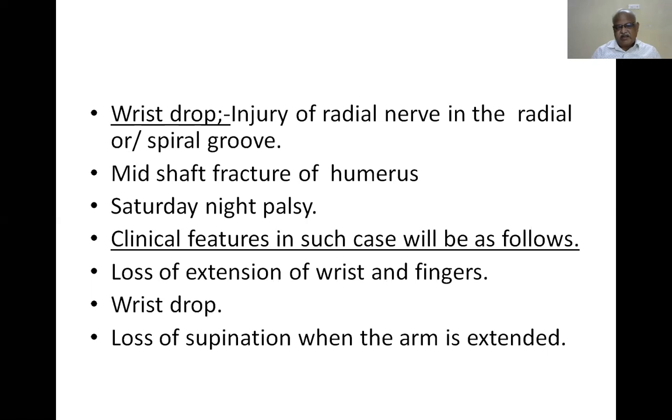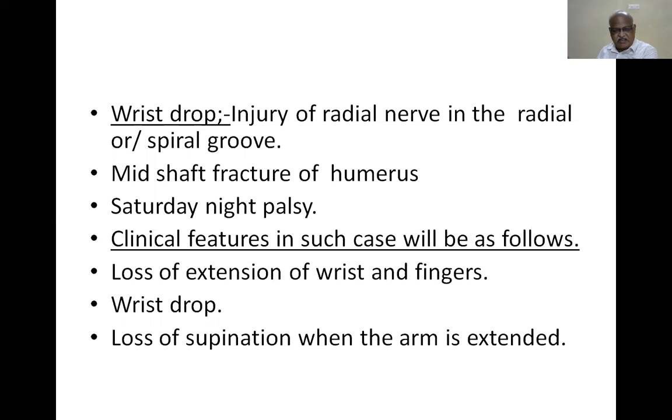then Saturday night palsy occurs, because on Saturday nights, with parties, alcohol intake and so on, people fall asleep in the chair itself, compressing the nerve by putting the hand like this. It usually occurs on a Saturday, so it is called Saturday night palsy. It occurs just distal to the mid-shaft level of the humerus, that is, the spiral groove. So Saturday night palsy occurs at this level, radial nerve injury at the mid-shaft level,